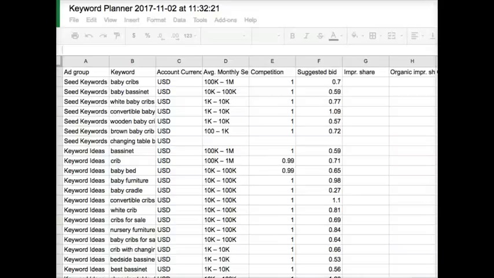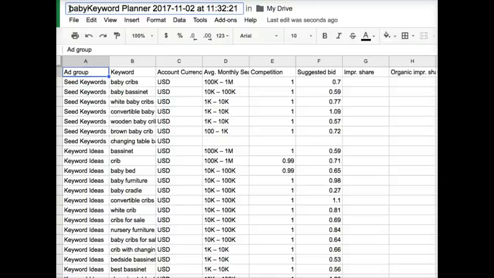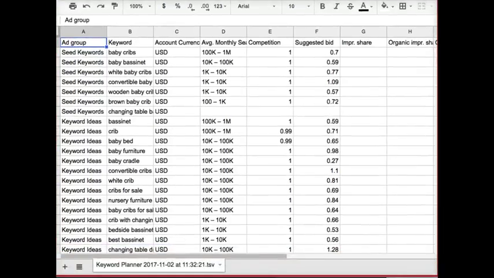Now, the next thing we might want to do with this data, this is where I get into a lot of detail in the keyword research webinars, so I'm not going to go into too much detail here. But you can rename it. So if we did a list just for bassinets, just for wood baby cribs, just for some more specific phrases, then we could come in and name that at the front of this. Instead of just being Keyword Planner with a date and time, we could say baby cribs Keyword Planner. And so you can name that.